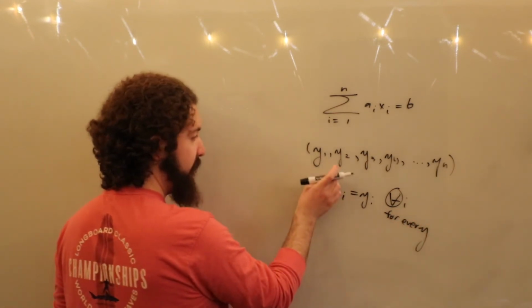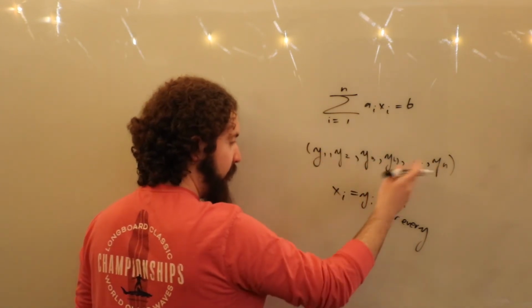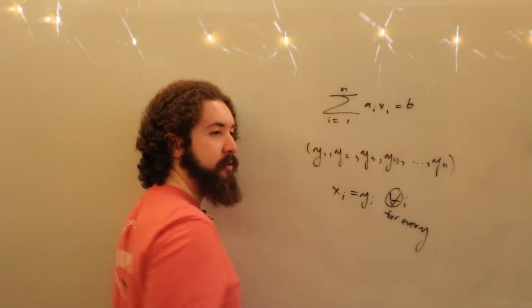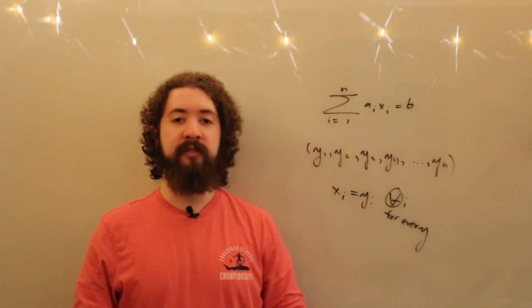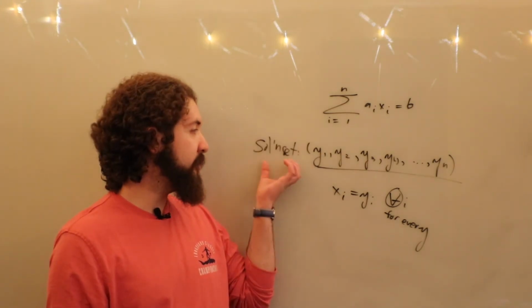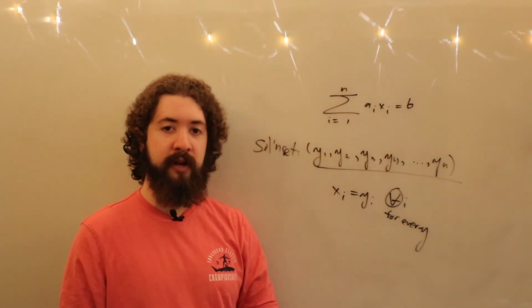If we set each of these, so if x1 is equal to y1, x2 is equal to y2, all the way up to xn is equal to yn, then it satisfies this equation. That is what constitutes a solution to a linear equation. More generally, a solution set is the set of all such n-tuples which satisfy a linear equation, because there